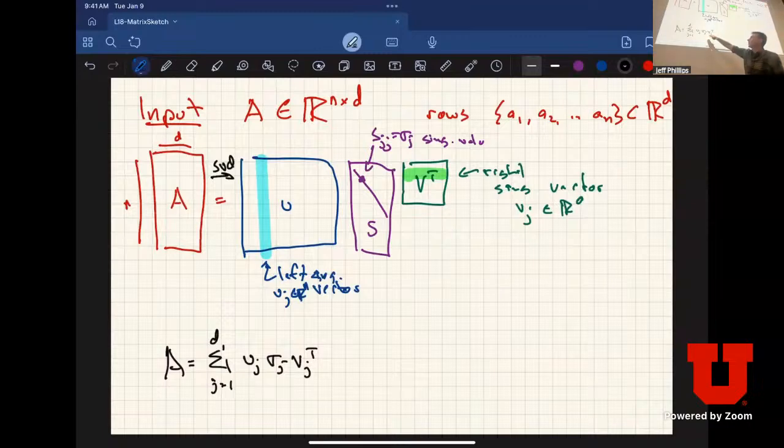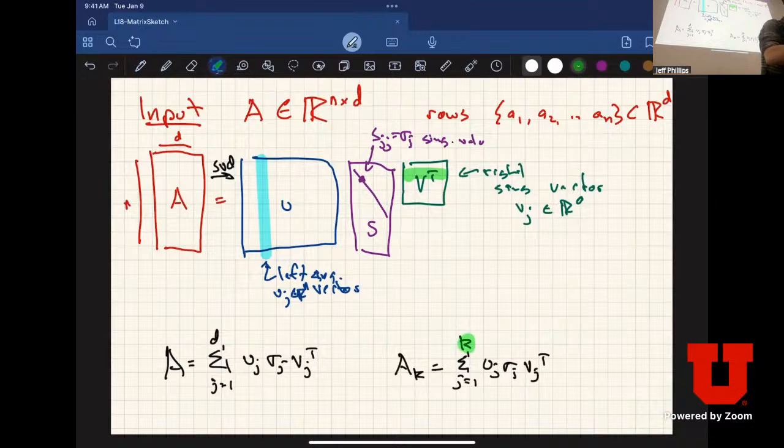The sigma is a scalar, uj and vj is an outer product when I multiply it, so it gives an n by d matrix scaled by the sigma j. Okay, and I can write A sub k, where I just sum this, instead of up to d, I sum this up to k, the same thing here. Sigma j vj transpose, right? The key here is that I've summed this only up to the kth term here,